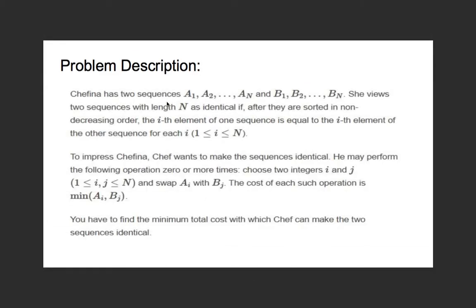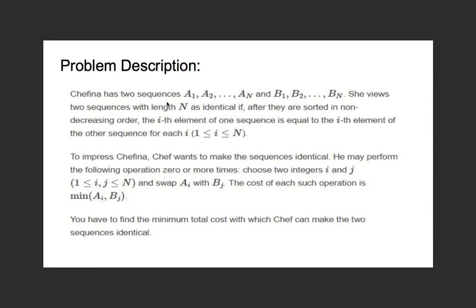So basically we will be given two arrays A and B, and both arrays contain an equal number of elements. Total number of elements are n, and we need to make them identical. So the two arrays are said to be identical if both are anagrams. So what is an anagram? An anagram means both arrays should have an equal number of elements, and the frequency of each element in both the arrays should be equal.